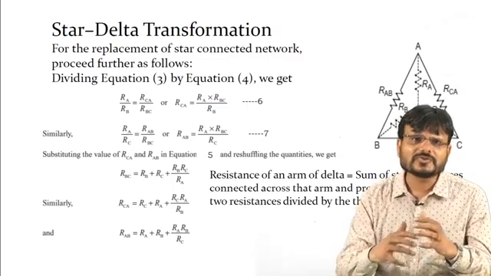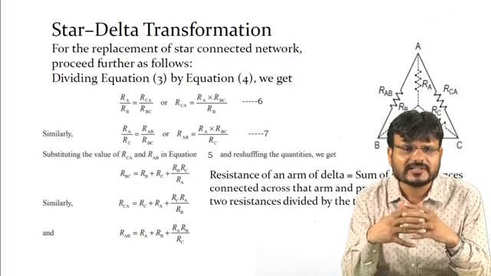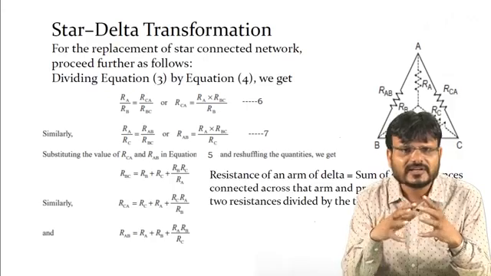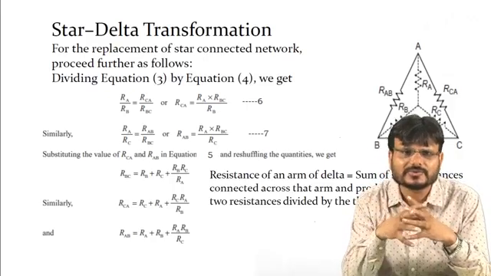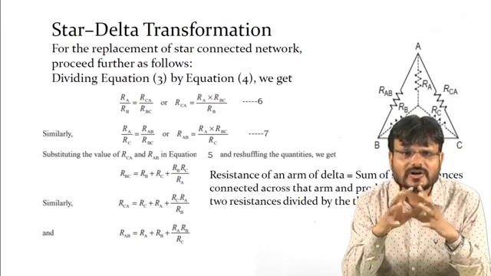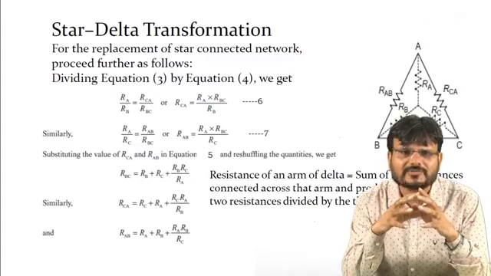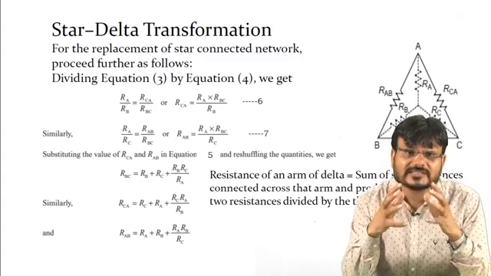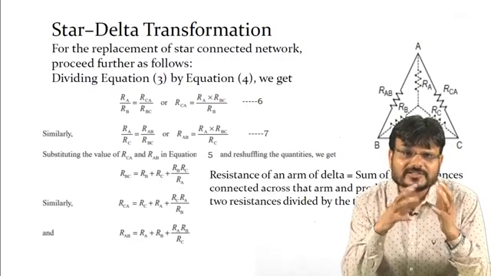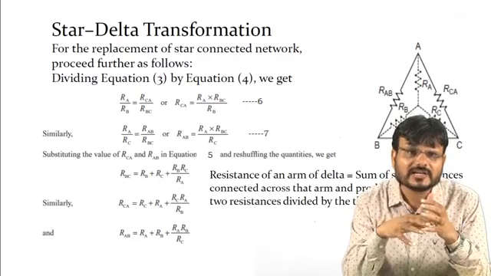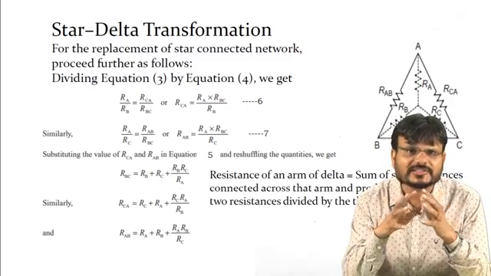This is how you can calculate the equivalent resistance in star delta connection and delta star connection, and you can simply convert star into delta connection and delta into star connection. All these basic transformations will be applied when you analyze complicated circuits. All these will be applied: star into delta, delta into star, and how to convert a current source into a voltage source and a voltage source into a current source.